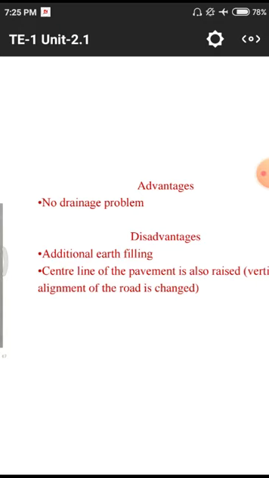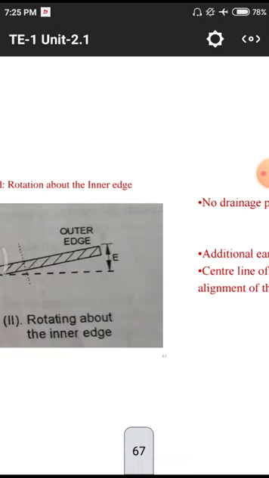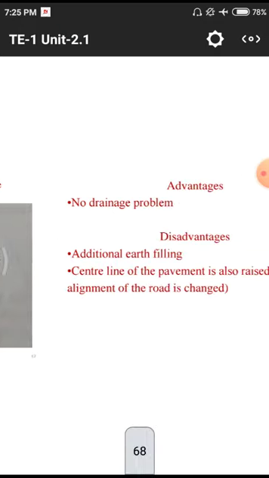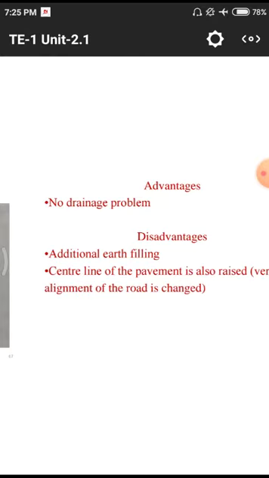And the main disadvantage is earth filling. That means we have a rise, so the rise will be filled by filling materials like different kinds of industrial wastes and surrounding waste materials which are non-degradable. That means whenever we use these filling materials, we have to use non-degradable materials.